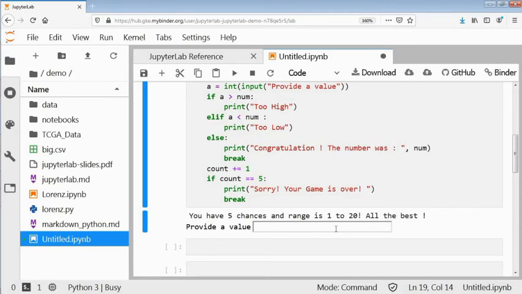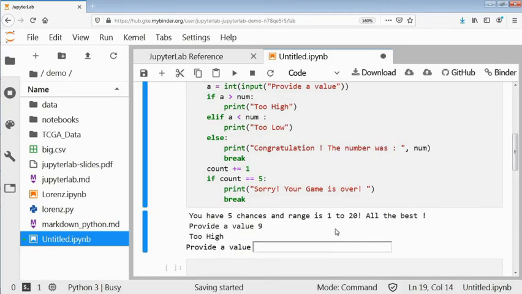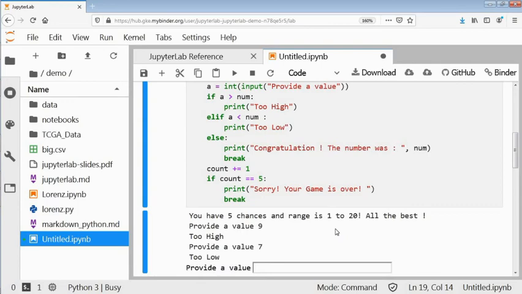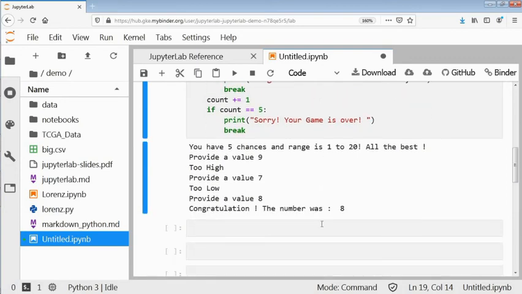All the best. Suppose I give 9. It is saying too high. Okay, let me try 7. Too low. So the value must be 8. Yes. It is saying congratulations, the number was 8.